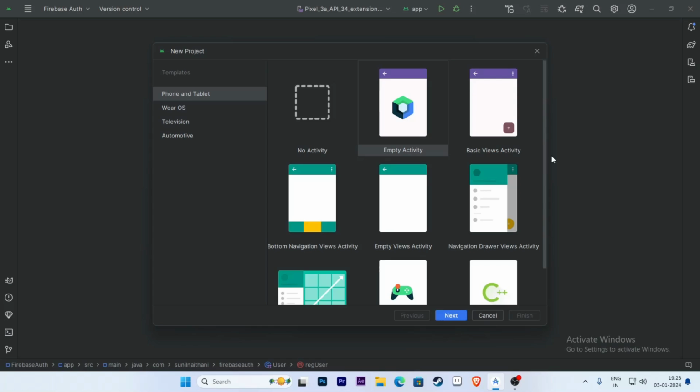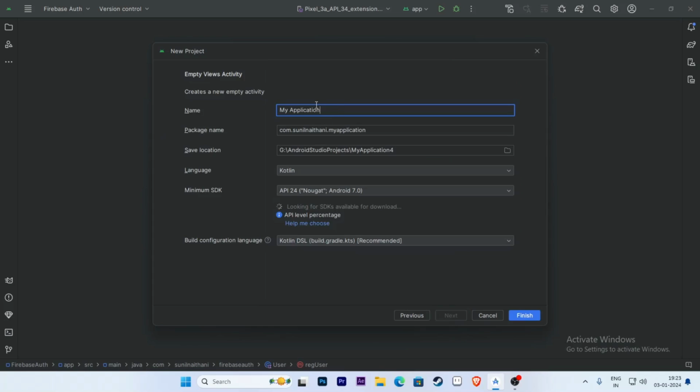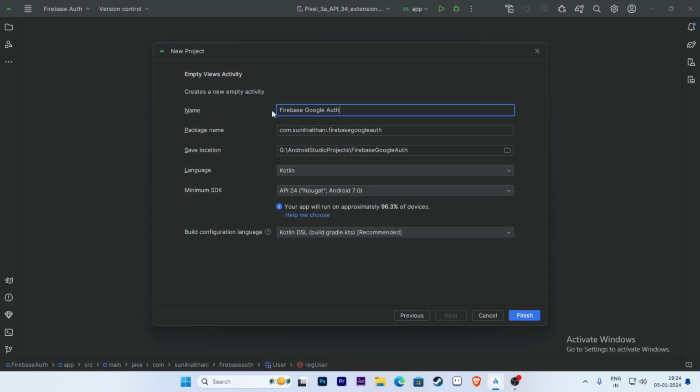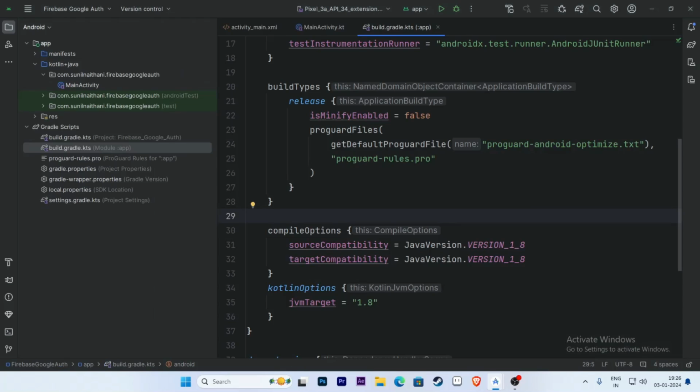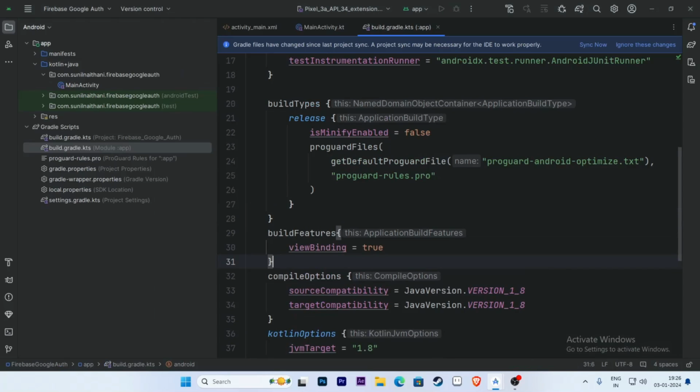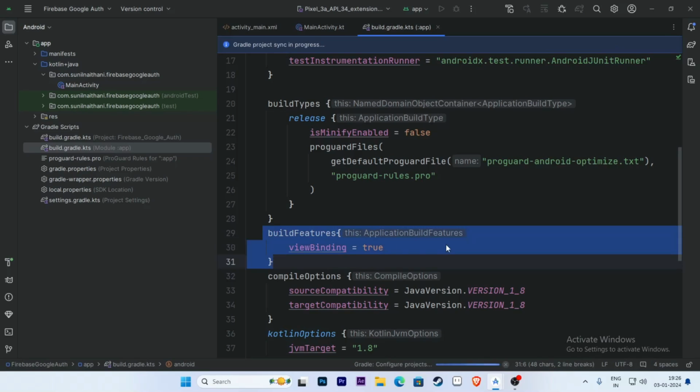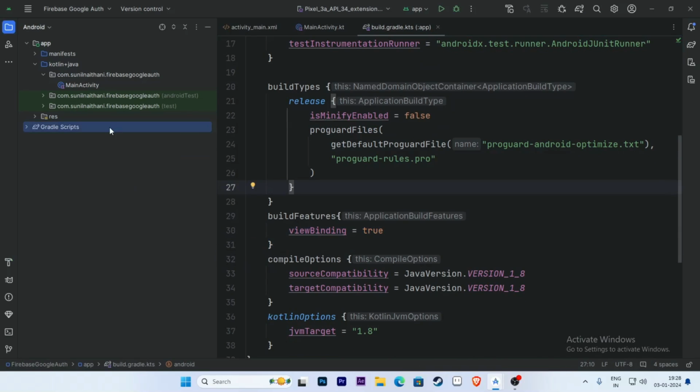Let's start. First create a new project and select empty views activity. Click next and give the project name here and select language Kotlin and finish. First enable view binding and sync the project. Now open the resource folder and layout file and activity main.xml,